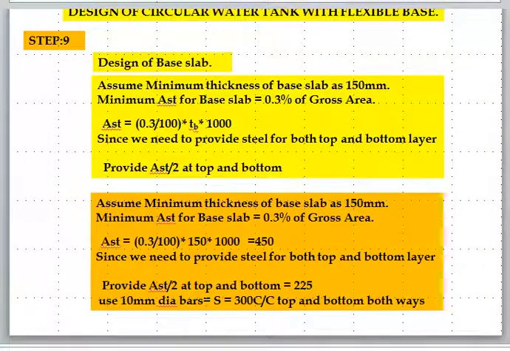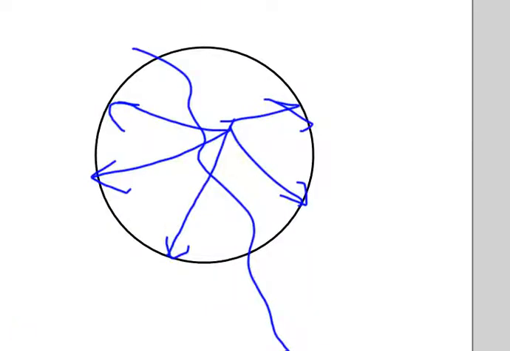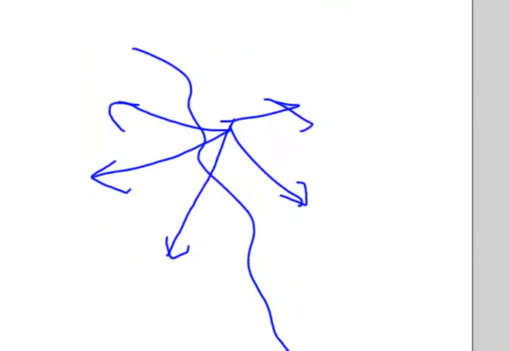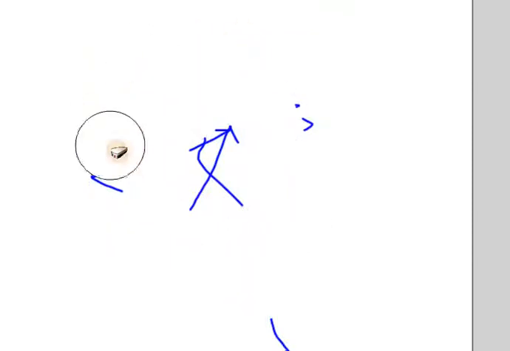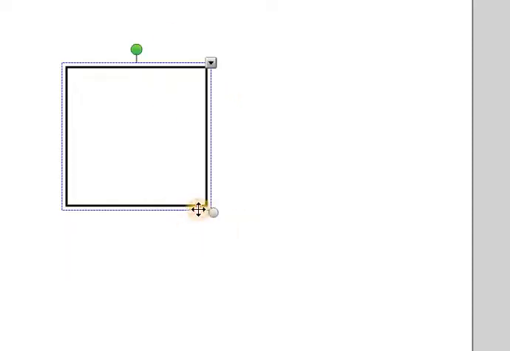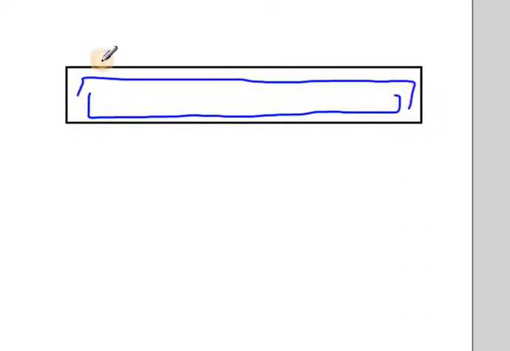The only thing we need to keep in mind here is that this reinforcement we will be providing as a slab, top and bottom normally. So let us say this is your base slab. Okay. So you will be having reinforcement in the top and bottom also. Here also you will have reinforcement at the top, okay, and you will have reinforcement at the bottom also. This is like this, and these are all distributors. Is that fine?